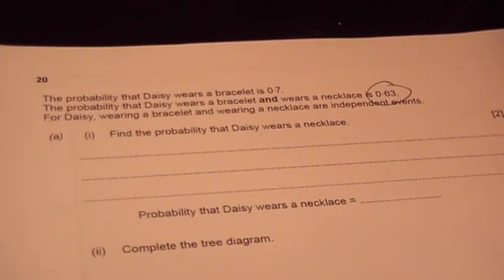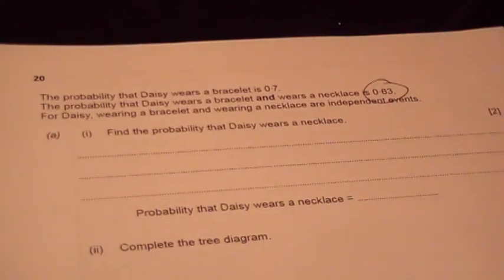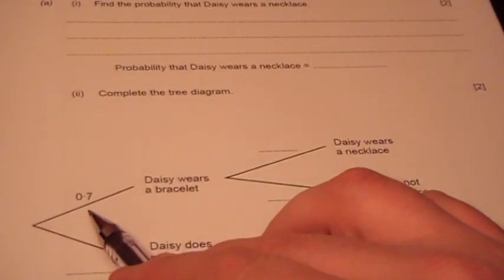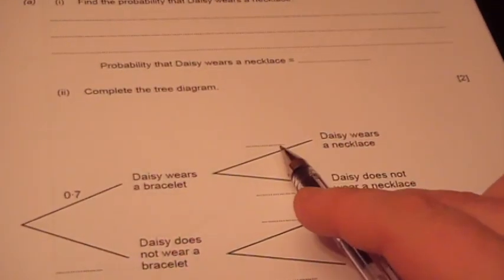Question A. Find the probability Daisy wears a necklace. Now if we look at the diagram, the 0.7 has already been given to us. We do not want to write the 0.7